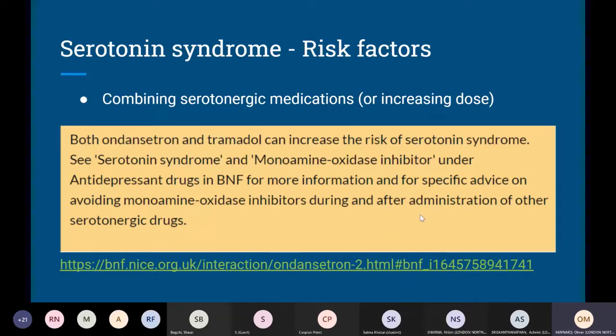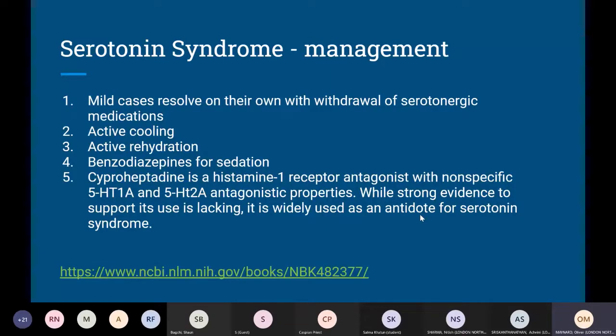So I understand why you might think that you need to escalate the antibiotics given the small amount of history that we've given you there. But in this situation, I think he might be suffering from serotonin syndrome. So for the management of serotonin syndrome, most cases are mild and resolve on their own if you just take away the serotonergic medication. You give them active cooling, active rehydration. Occasionally they need benzodiazepine for sedation of those cognitive problems and neuromuscular problems. However, in circumstances with severe